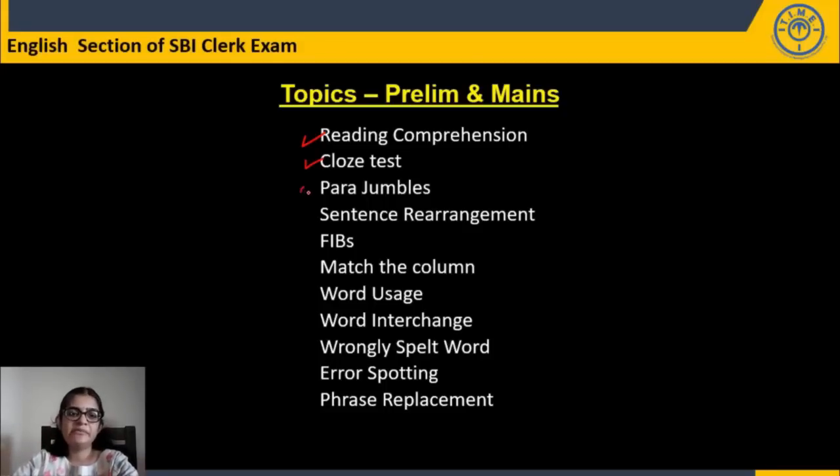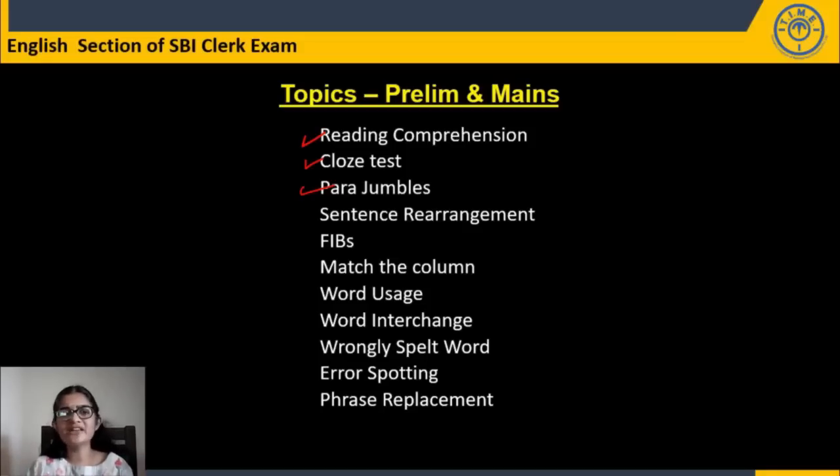Then there is para jumbles or para formation. Para formation is the question type where a few sentences are given to you in random order and you have to unscramble them and find the right order of the sentences. Para jumble is a test of, yes, your reading ability and comprehension, but moreover it is a test of your logical reasoning. Okay, because when you form a paragraph,